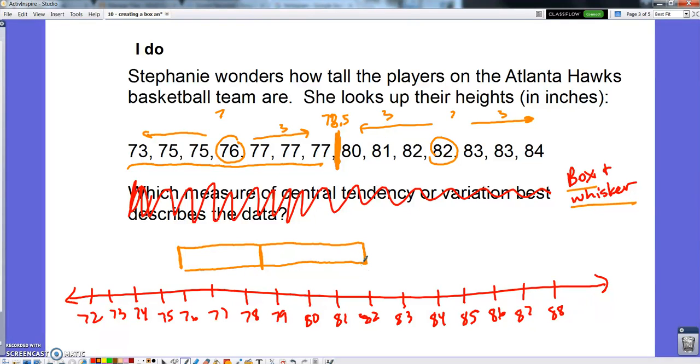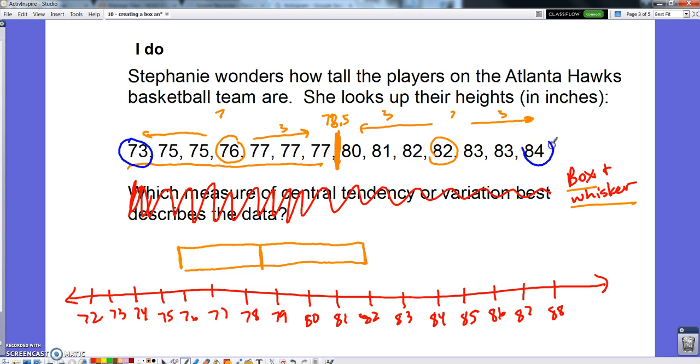So in my box and whisker plot, this is called the box. This is the median. This is the median of the lower half, and this is the median of the upper half. Okay? And then, easy enough, all I have to do after that, I'm going to change colors, but you don't have to change colors when you do it, is I find my lowest value